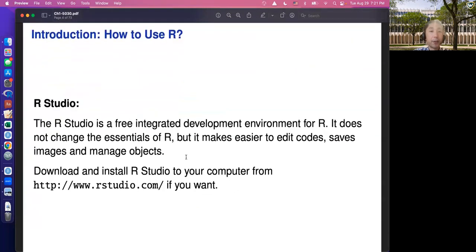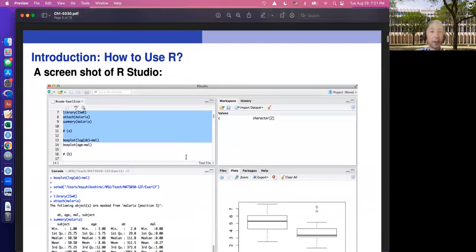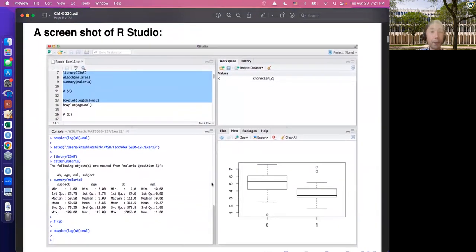And RStudio is a kind of add-on to R. RStudio actually implements calculation by using the R language, but the interface is different. So this is the screenshot of RStudio, almost identical, but with a slight difference. This is the console window, and this is the figures window. So we have basically the same 2 windows as R, but we have some additional windows.